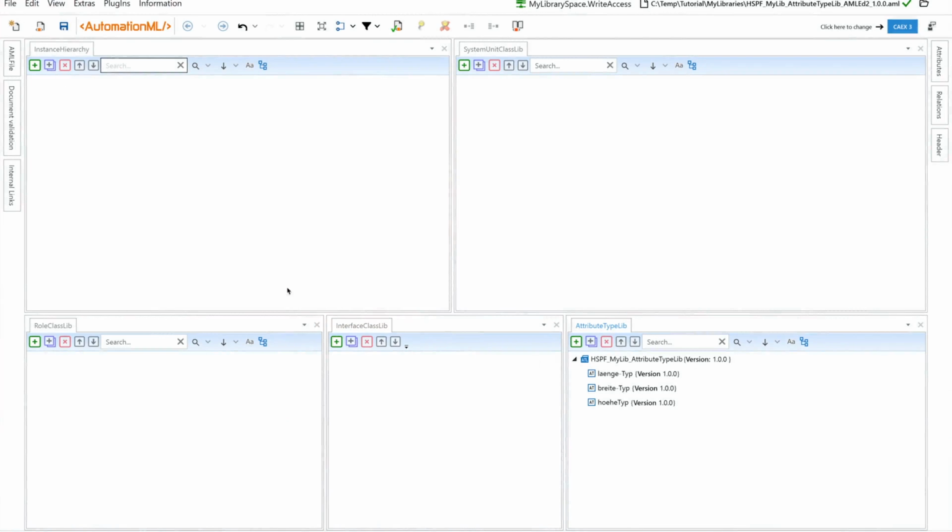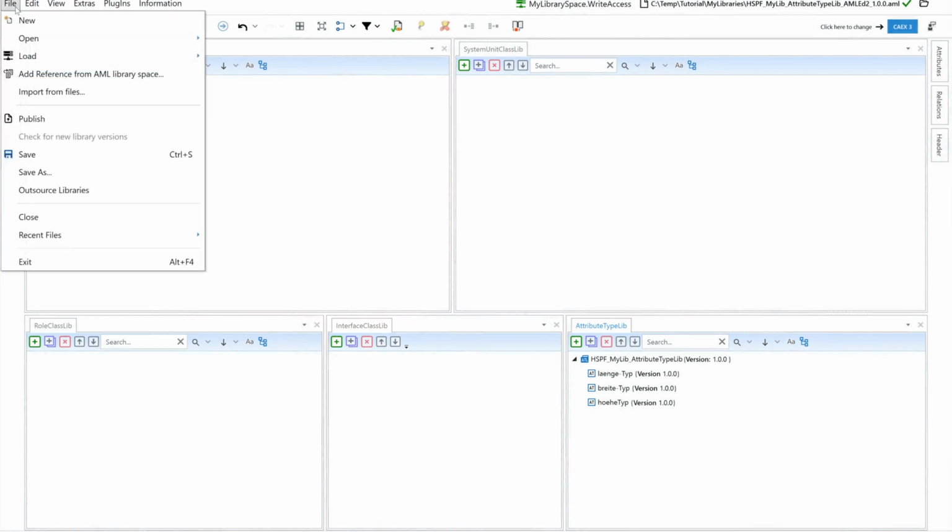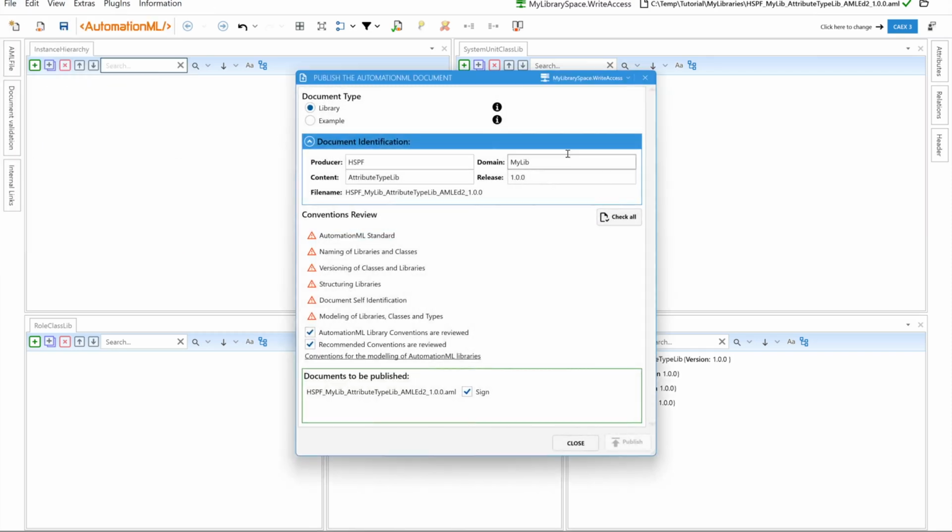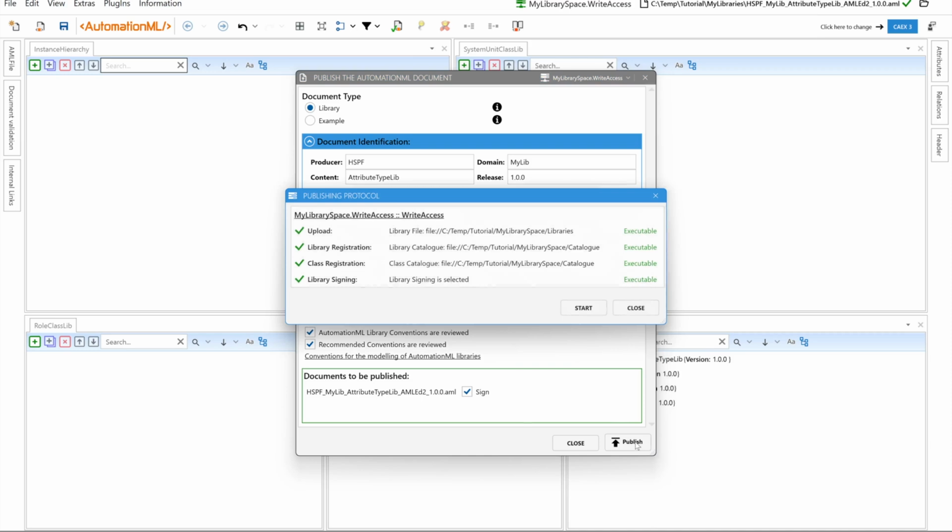We open the library that we want to publish, then we open File, Publish. Here we can finally perform a check. The Publish button is disabled until it's checked. Then when all the different checks, and there are lots of them, are successfully passed, the Publish button appears and then we can press Publish. It will give you a preview of what it's going to do, and then we press